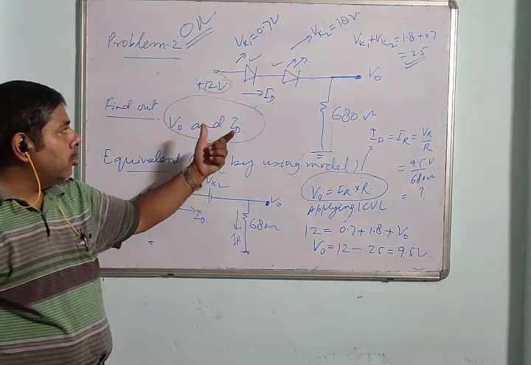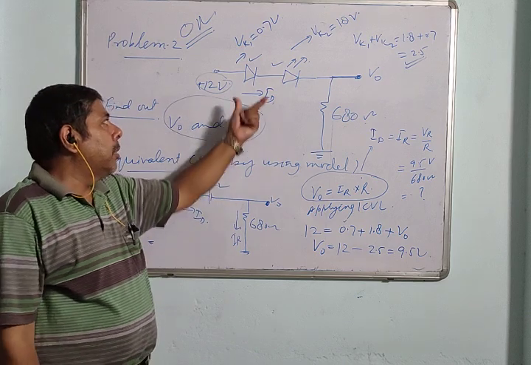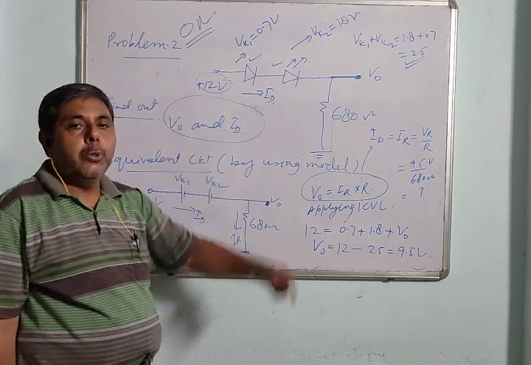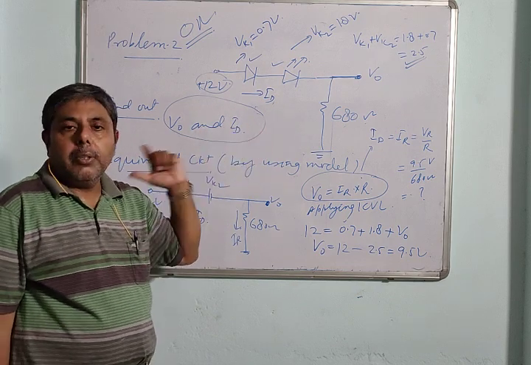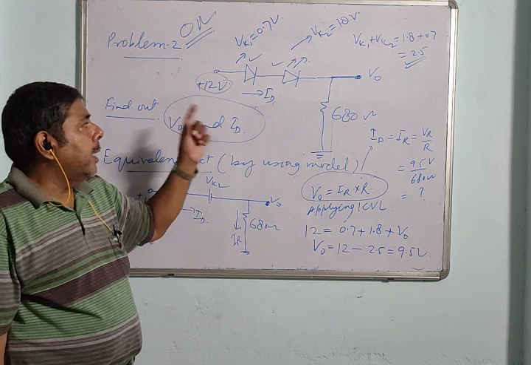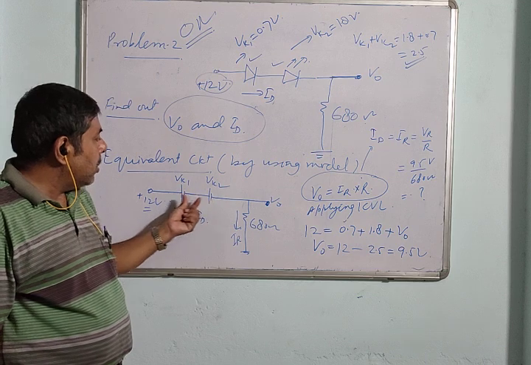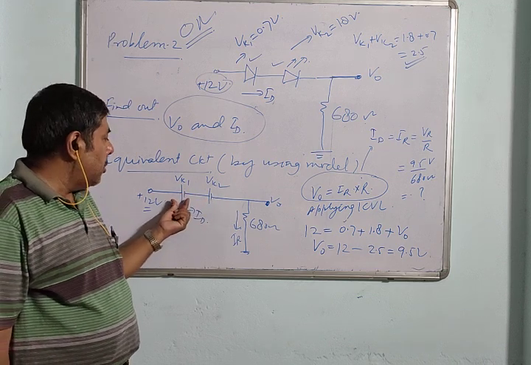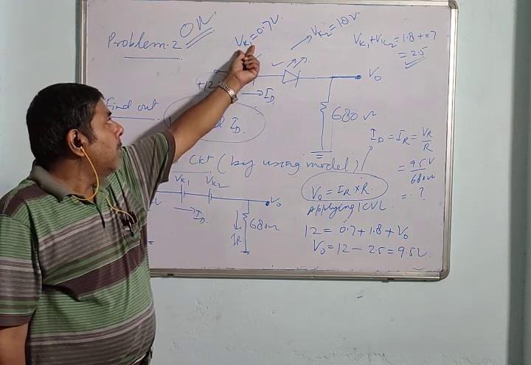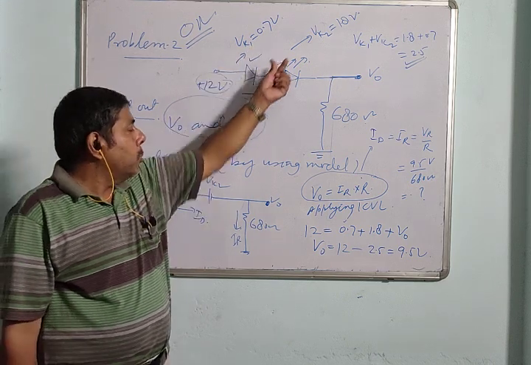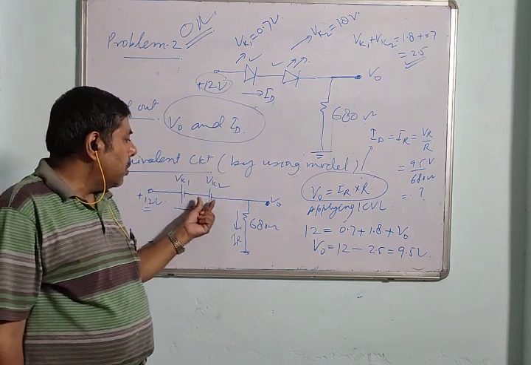First of all, you have to check whether diode is on or off. If diode is on, you can replace diodes by equivalent circuits or models. If diode is off, you can take open circuit because no current is there. So in on state, you can use these two batteries, simple drop across these two diodes. In first diode, this is the on voltage. In second diode, VK2 is the on voltage. So these are two voltages, VK1 and VK2.